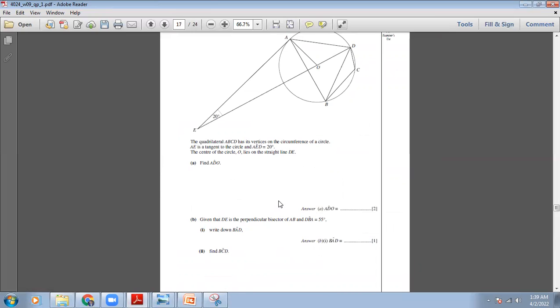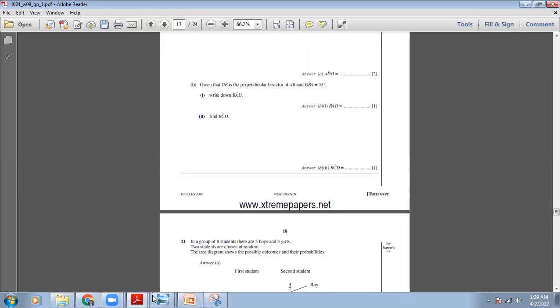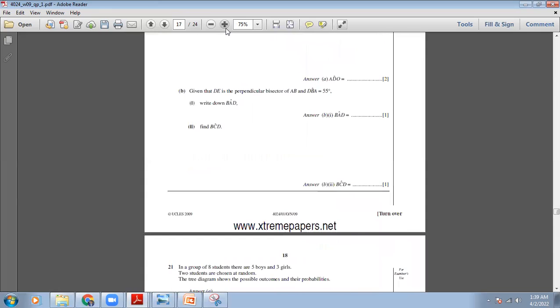Then their question is find the BCD. You see, this is a cyclic quadrilateral. ABCD is cyclic. So if I know this whole angle, I will subtract this angle from 180 and I will get this DCB. The reason is,